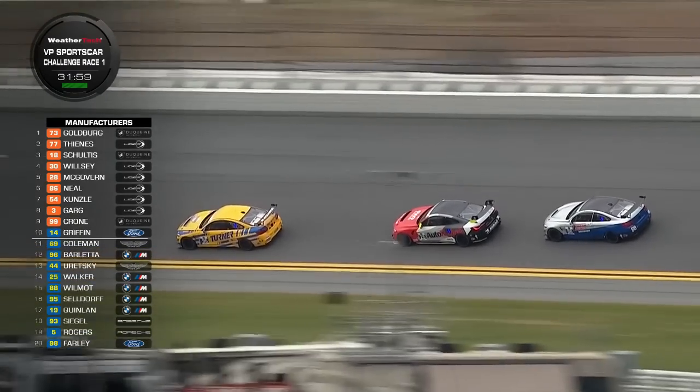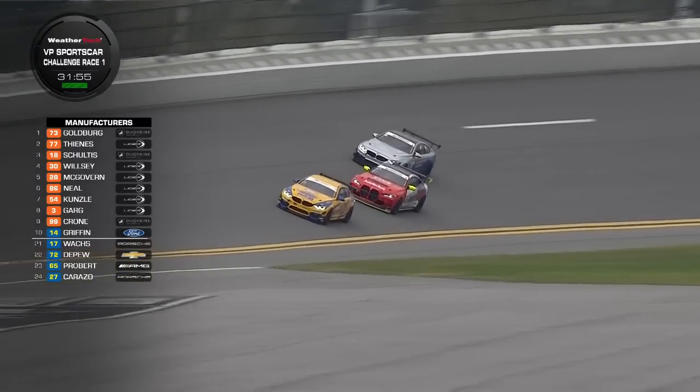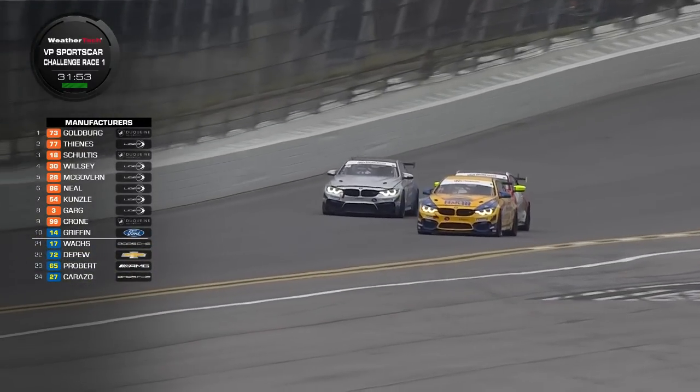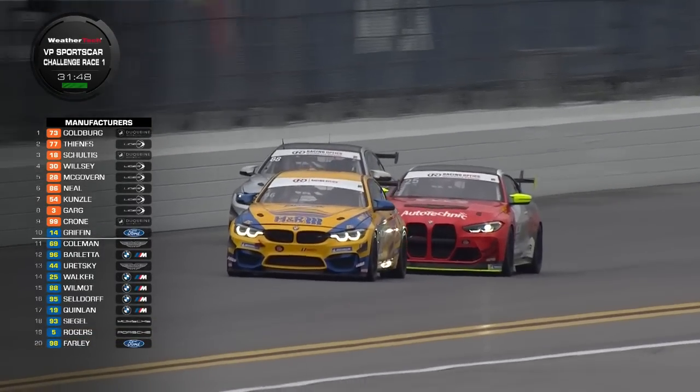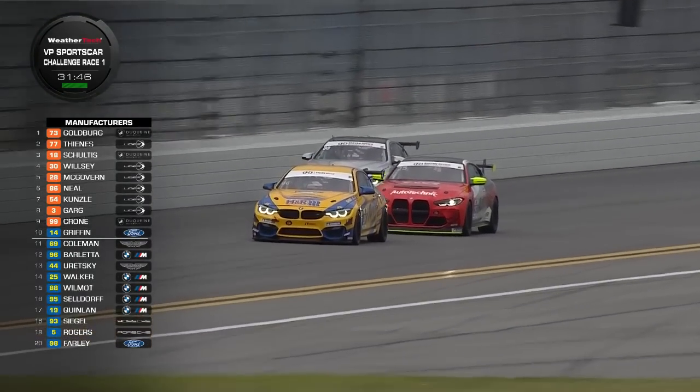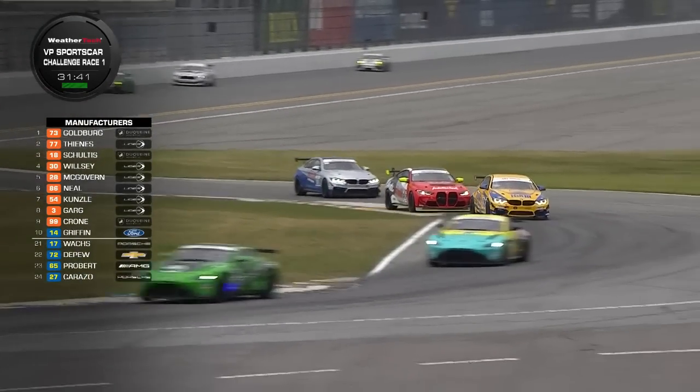The more experience you have, the more experience from which you can draw, basically the faster you're going to get. So the more track time you can get on a particular race weekend, or in this particular case, getting ready for next week and the first round of the Michelin Pilot Challenge for 2023, then you're going to benefit from